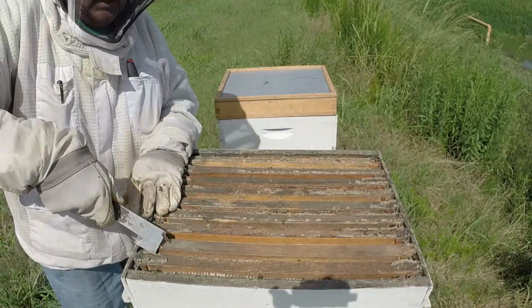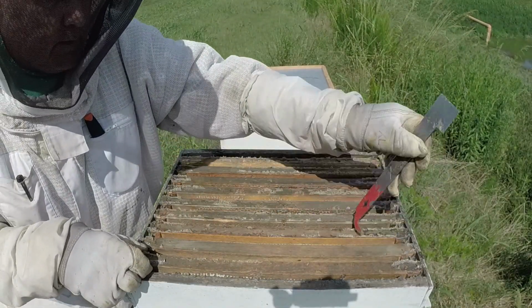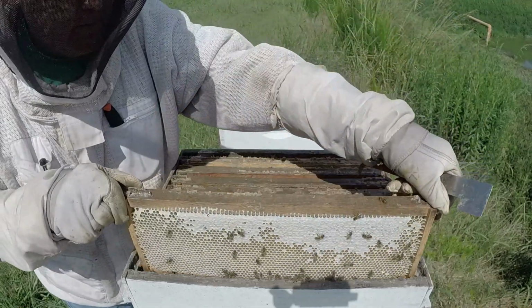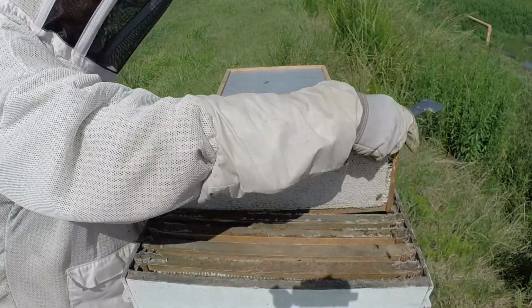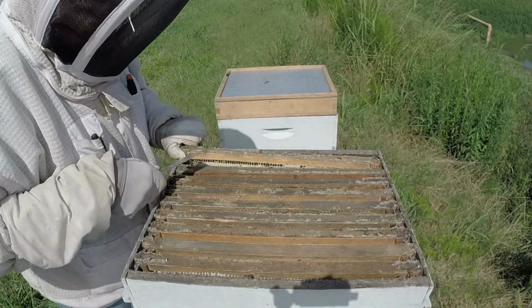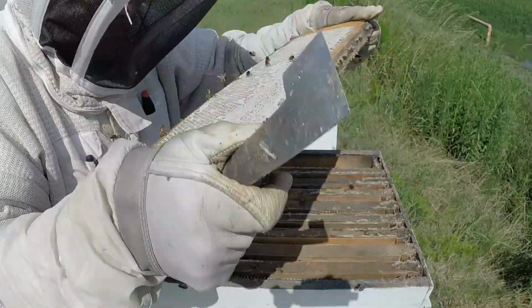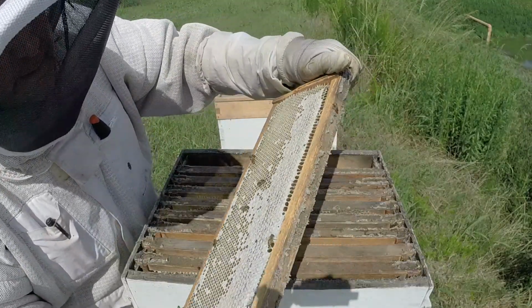Same with this one. I think I checked the outside on this one. Yeah, same way. And the centers are good. Pull the center one up. And this is one of the ones that I actually tore some burr comb. Now this one's not capped all the way, but so what do? This one's got half capped. You shake it down like that, and there's no nectar coming out. So that's pretty much cured. It's close, but it's still water, you can tell. But it doesn't come out, so